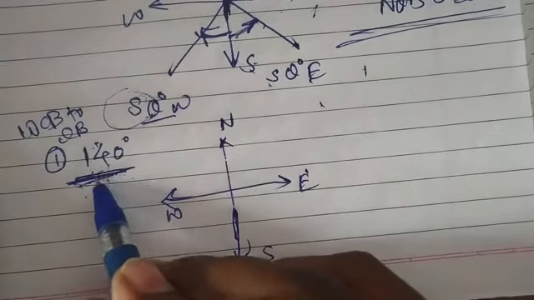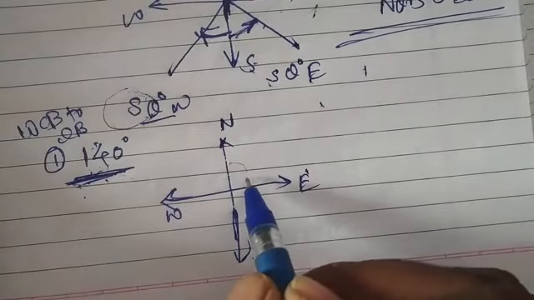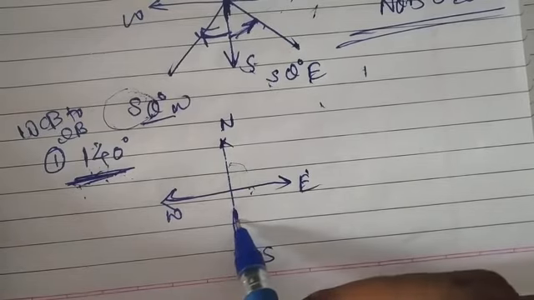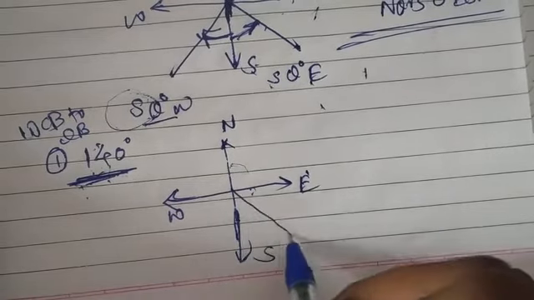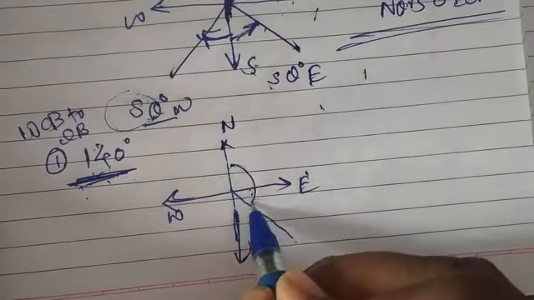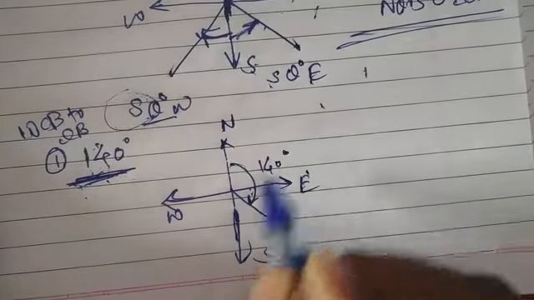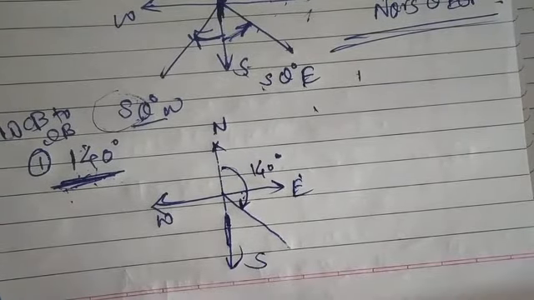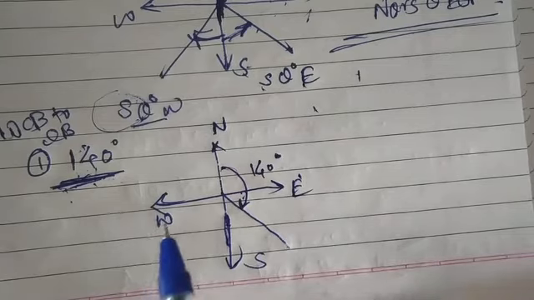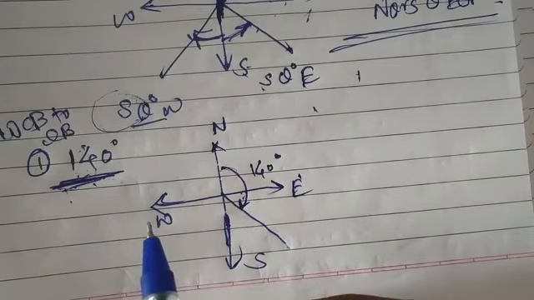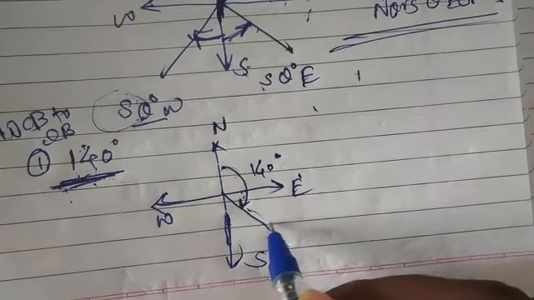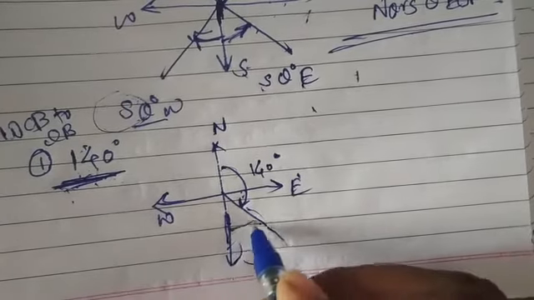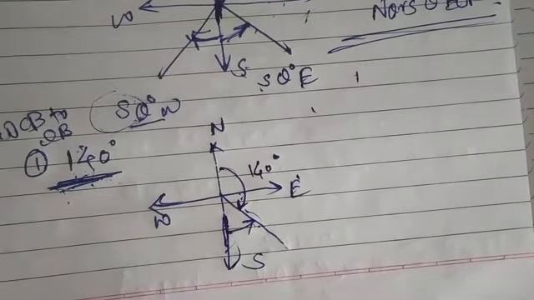So if it is 140, then 0 to 90 is the first quadrant and 90 to 180 is the second quadrant. So that line will be in the second quadrant. This bearing is given, it is 140 degree. Now, we know that for quadrantal bearing we require the bearing of the line from north or south, whichever is nearer. Here for this line south is nearer, so this angle will be the bearing for this line.